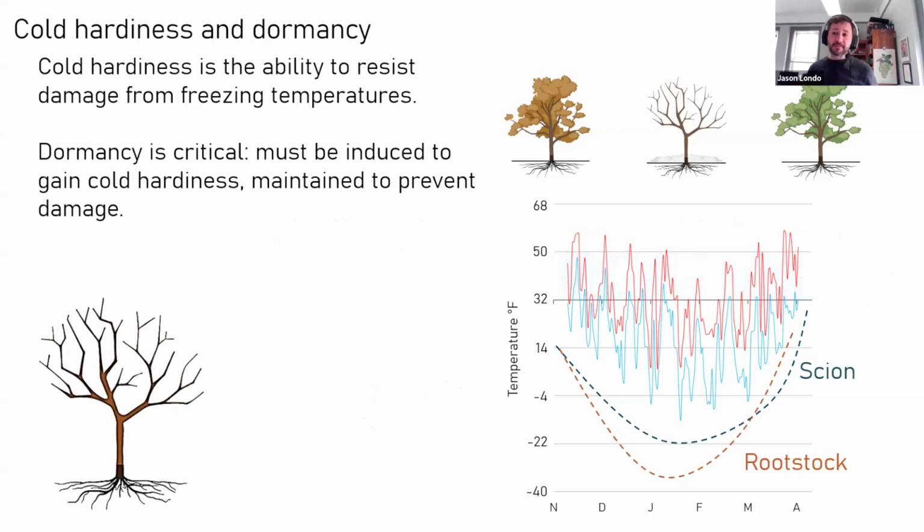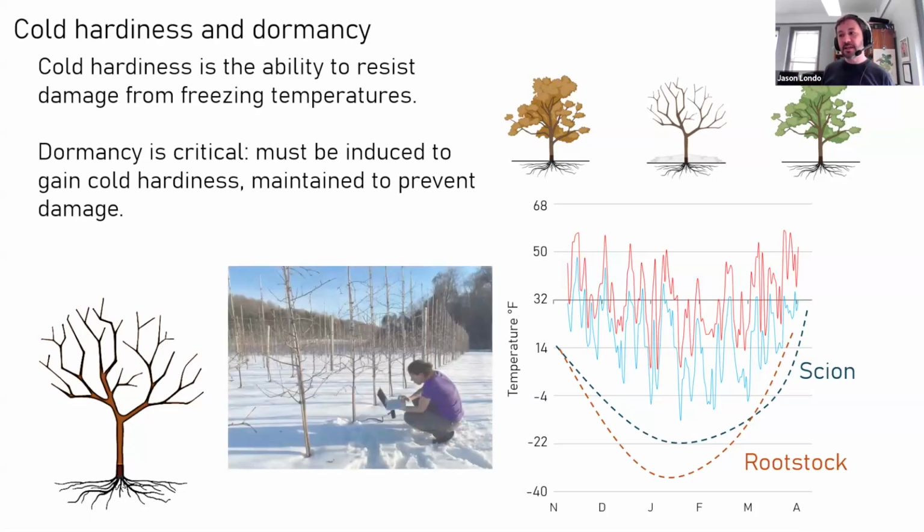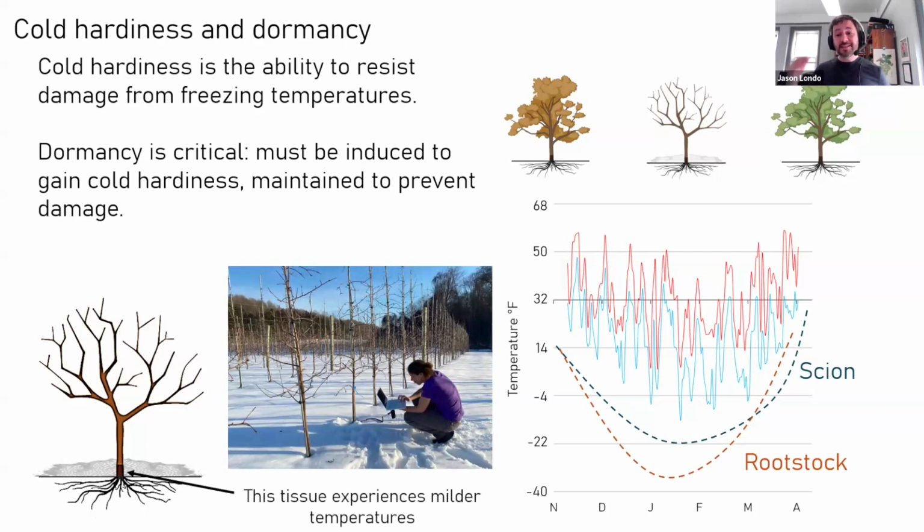Now, of course, when we talk about grafted apple trees, we're really talking about two different genetic individuals. The rootstock is grafted to the scion. And if you think about cold hardiness, this means you can have different cold hardiness curves depending on the rootstock-scion pairs. Another thing to consider is that the rootstock shank and the roots themselves can often be covered with snow. And because snow is a very good insulator, the tissue below the snow layer can experience a very mild